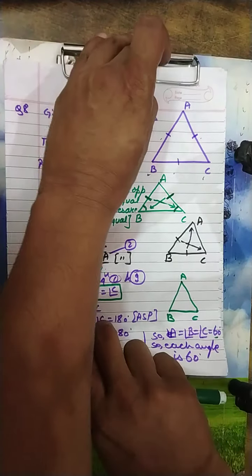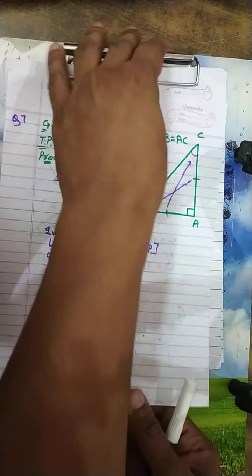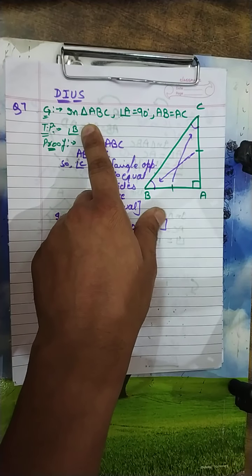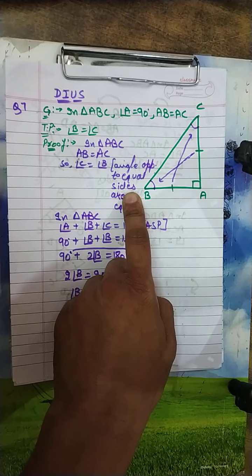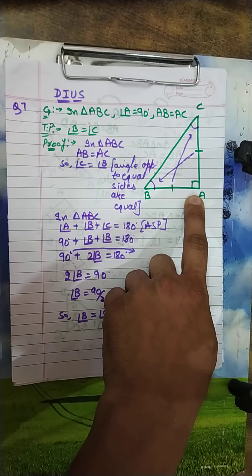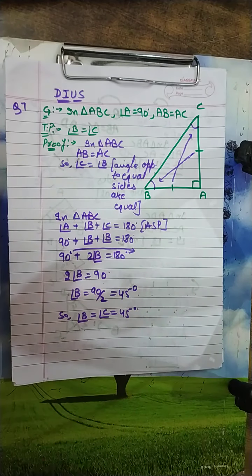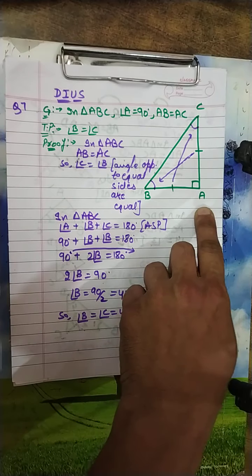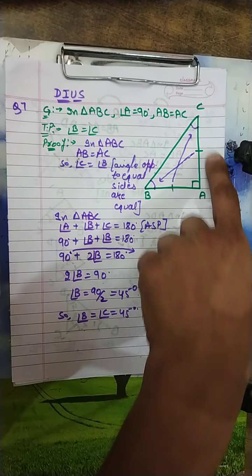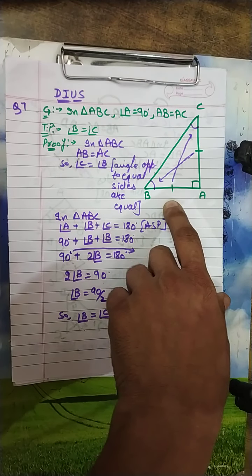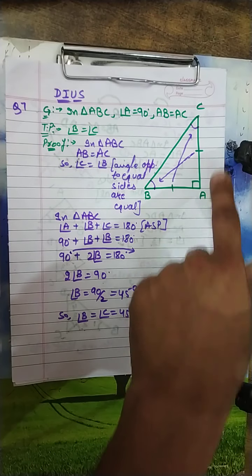Okay, there is time left here, so we can do question number 7 also. It's an easy one. It is given triangle ABC. Angle A is given 90 degrees and also given that AC side equals AB side. These 3 things are given in the question. You can read the question. ABC is a right angle triangle in which angle A equals 90 degrees and AB equals AC. It means it's an isosceles right angle triangle, isosceles because 2 sides are equal and 90 degrees is also there.